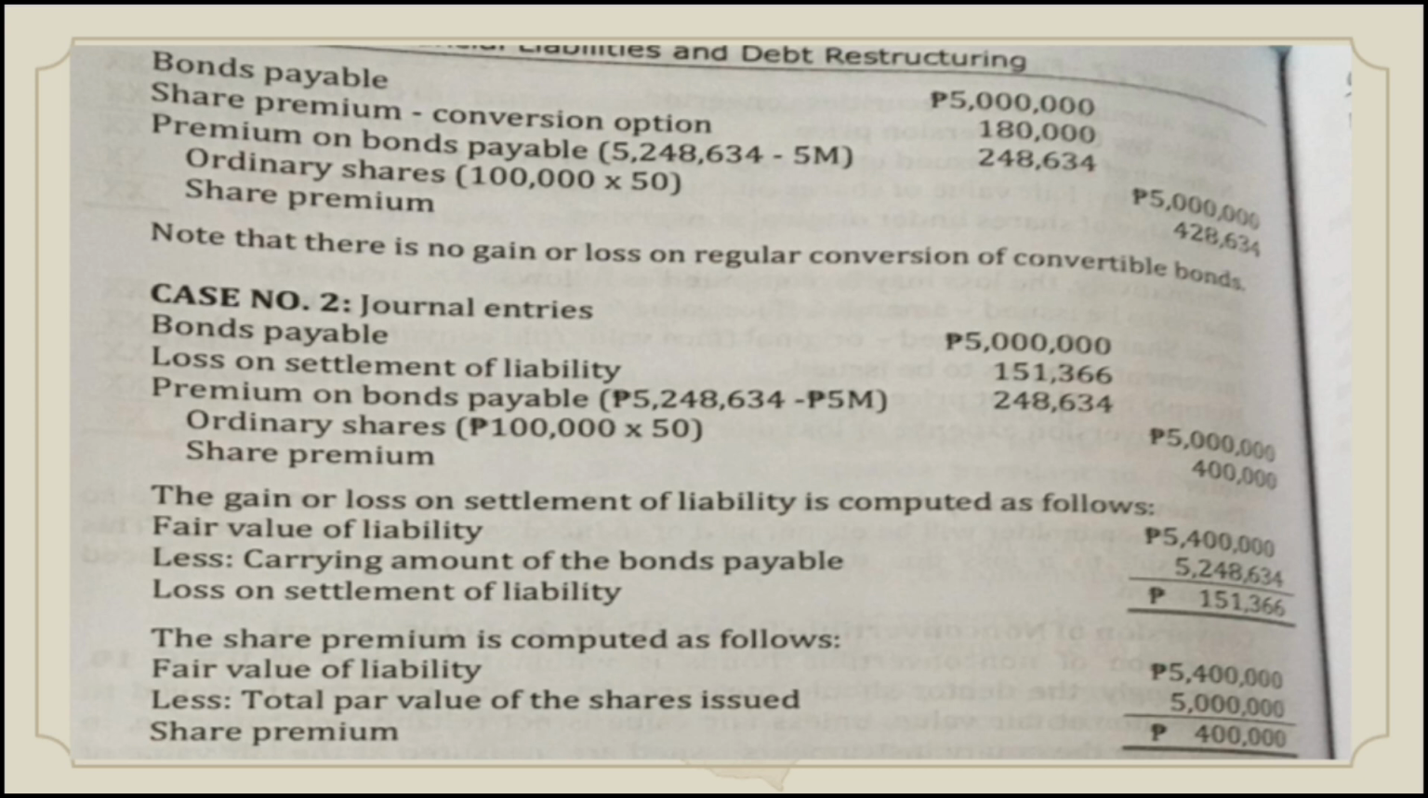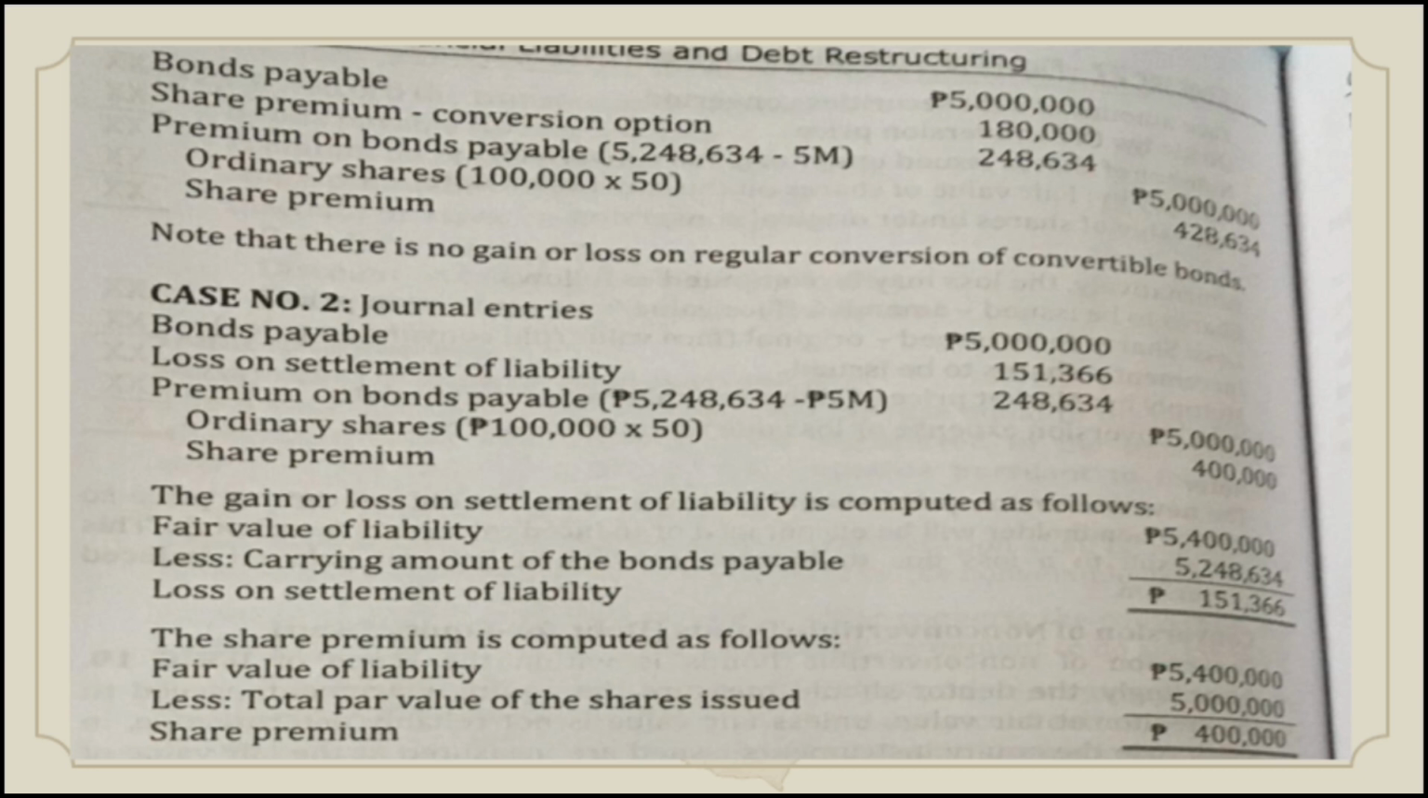So, debit bonds payable. We get the bonds payable because the journal entry is bonds payable at face amount. So, for bonds payable, the 5,000 convertible bonds we multiply by the 1,000 pesos face value. So 5,000 times 1,000 is equal to 5 million. And then you also debit share premium conversion option, which is 180,000 pesos. And then also debit